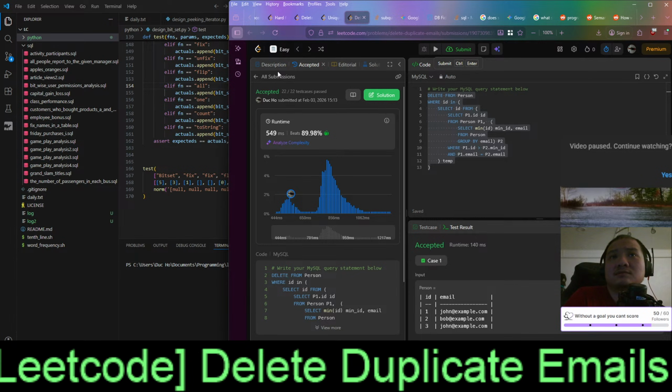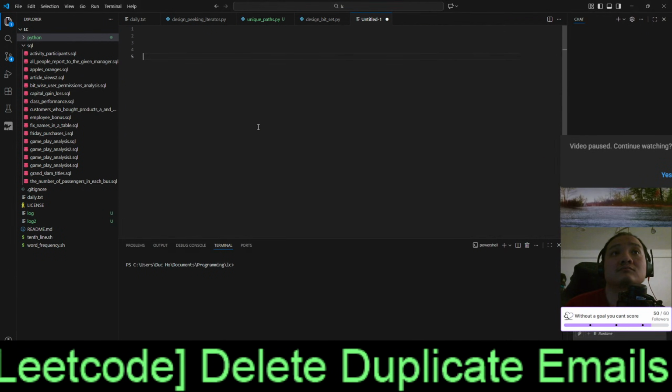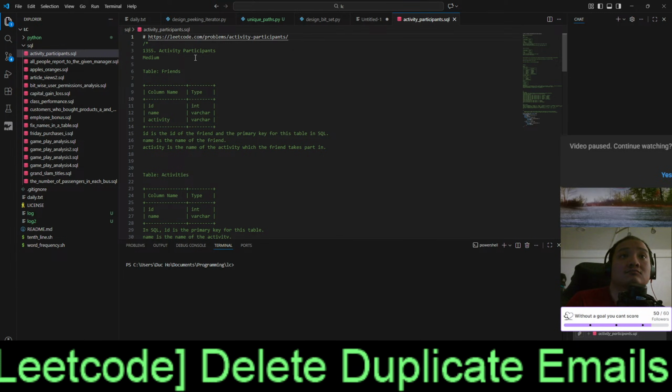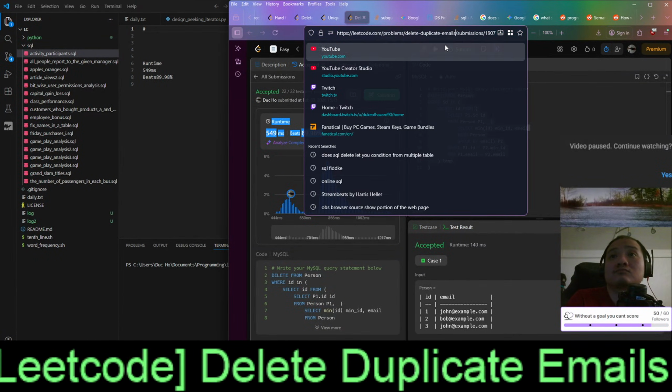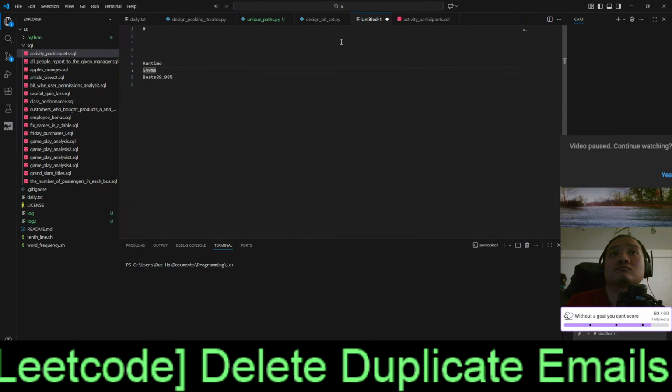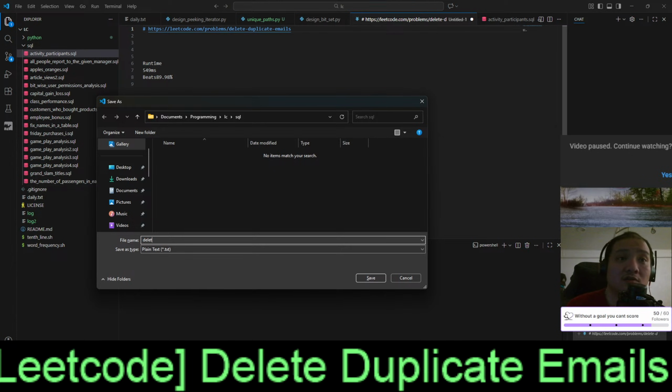What is it? Delete duplicate email dot SQL.